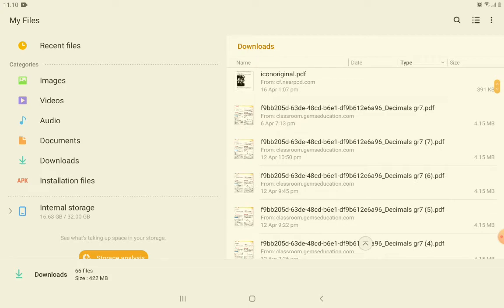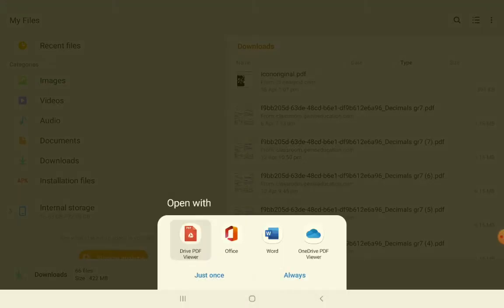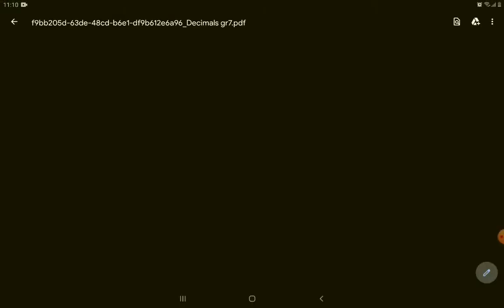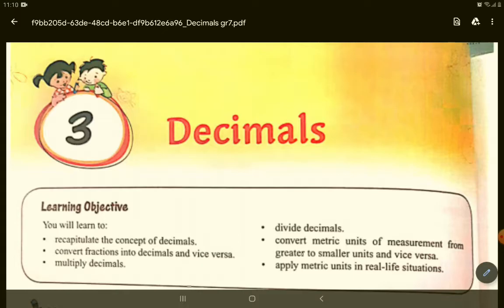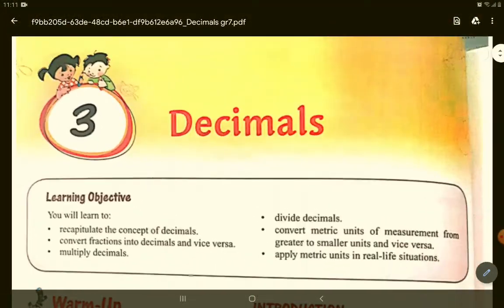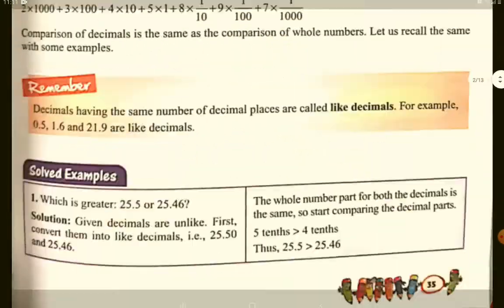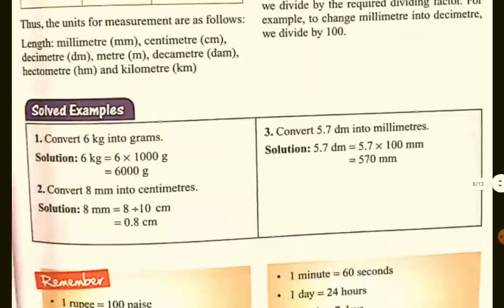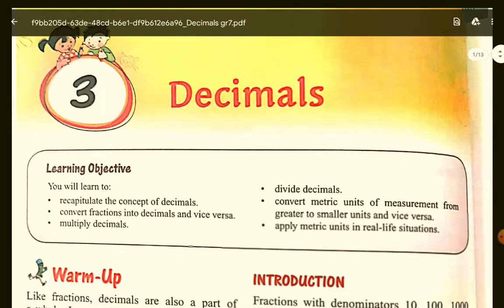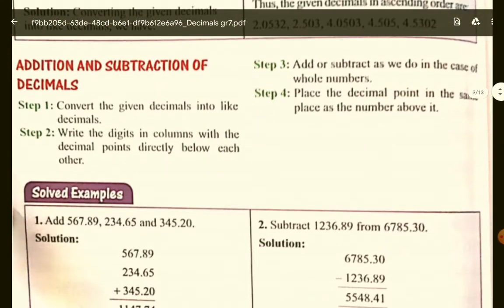And for example, I'm taking maths, so decimal. See, chapter 3 decimals. You can get your whole textbook.